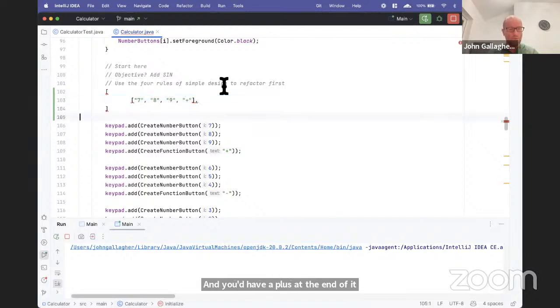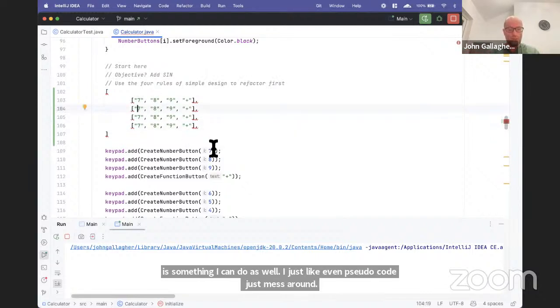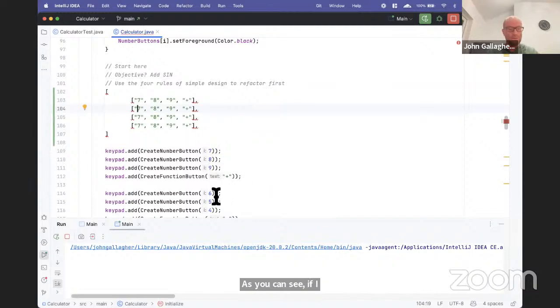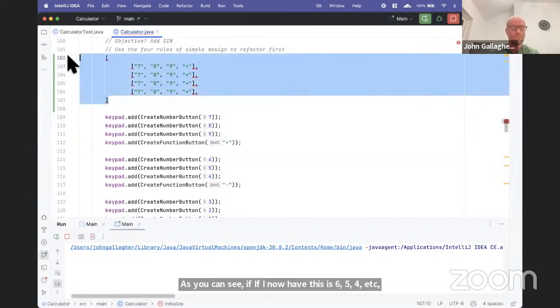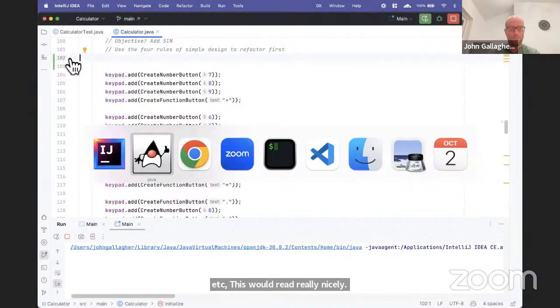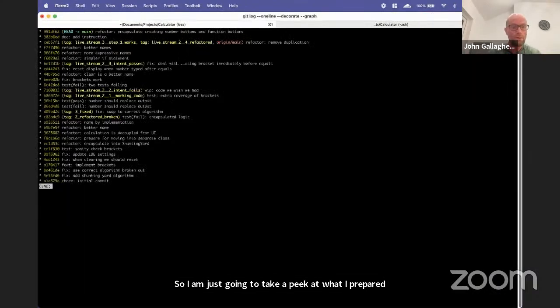This is something I often do as well. I just like, even pseudocode, just mess around. And so you can see, if I now had this as 6, 5, 4, etc., this would read really nicely. So I am just going to take a peek at one I prepared earlier, which is